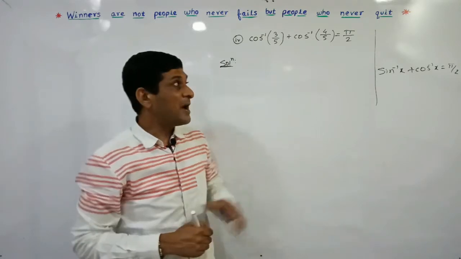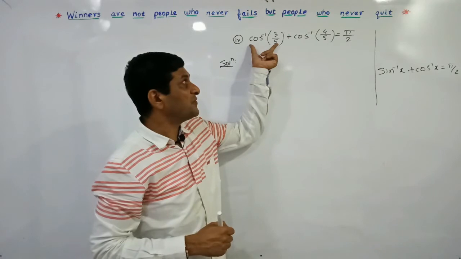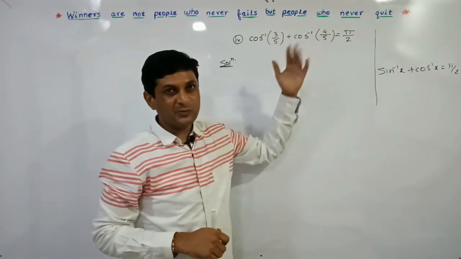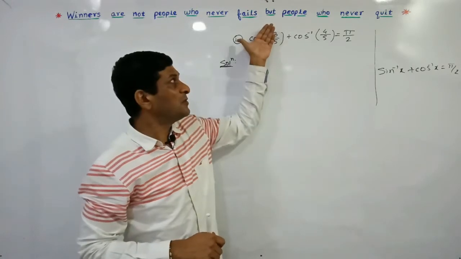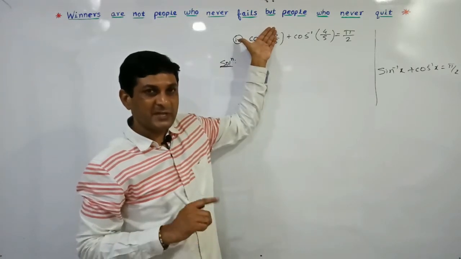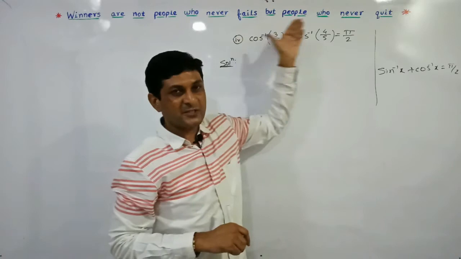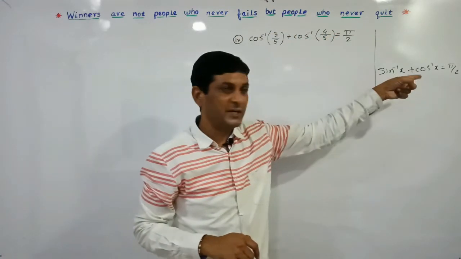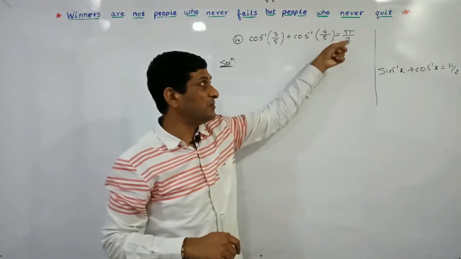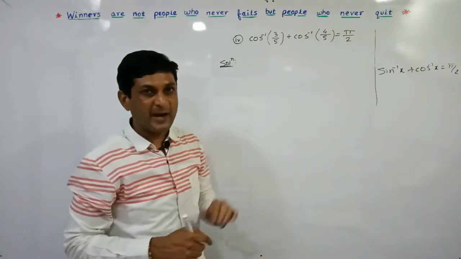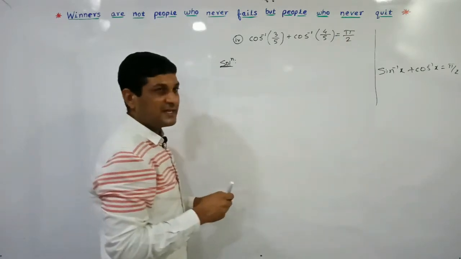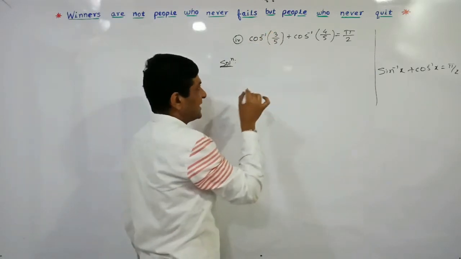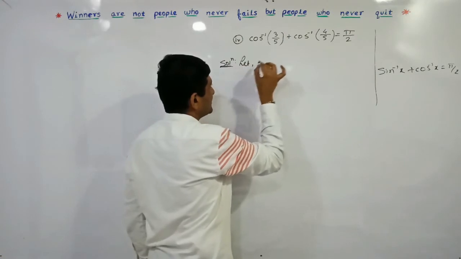Getting it? तो यहाँ पे हमें choice है, either convert the first term in terms of sin inverse or convert the second term in terms of sin inverse. If we are able to arrange the terms in the form sin inverse of x plus cos inverse of x, then according to this property we will get our required result, pi by 2. So let us make use of this identity here. I am trying to convert the first term in terms of sin inverse. So denote this first term by alpha.